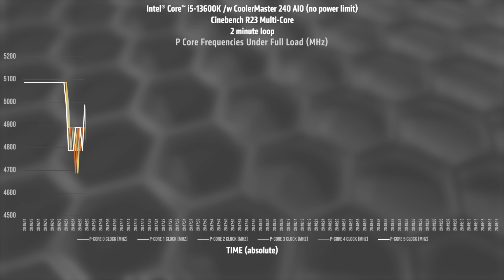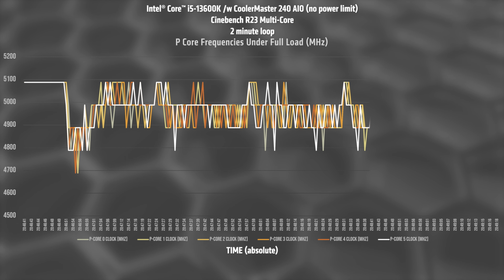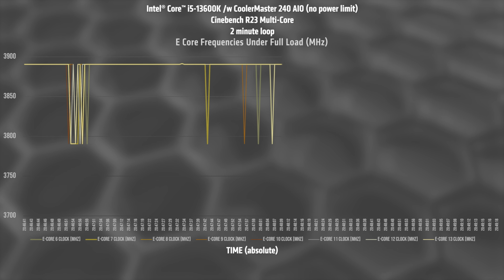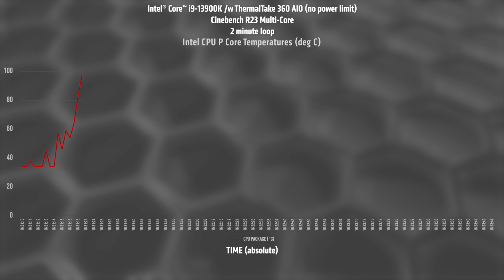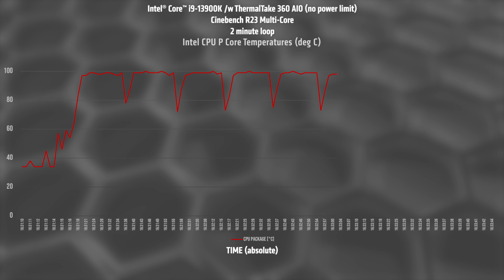Performing the same test with the i5 13600K sees more deviation in P-core frequencies, bouncing between 4.8 to 5.1 GHz boost under load, with E-core frequencies mostly remaining at 3.9 GHz, but occasionally dipping to 3.8 GHz. Now, when you've effectively got over 100 GHz happening inside a relatively tiny CPU tin lid, things are going to get pretty toasty, mate. However, when the system's idle or during pretty low intensity nondescript tasks, the i9 13900K sits